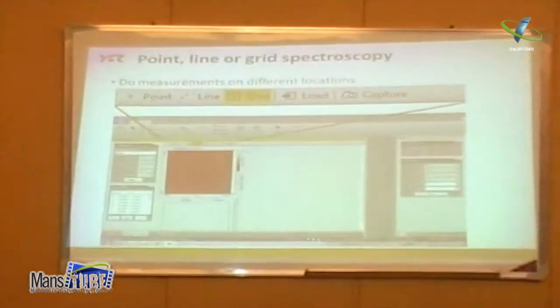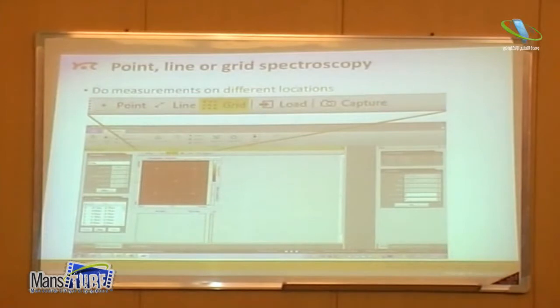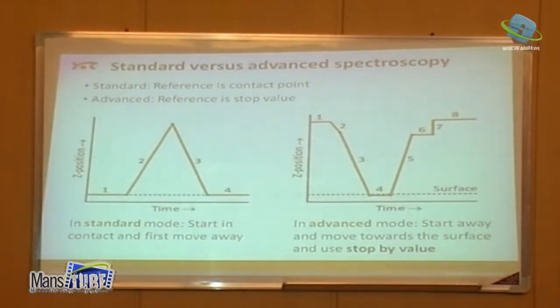I mean, this is what we'll do. So we go to spectroscopy, then we can see we have a grid here, and then we can make a grid position, then we can select the number of points inside the grid, and then we make the spectroscopy, okay? And then if you look at that, this is the comparison between two kinds of spectroscopy, the standard spectroscopy and